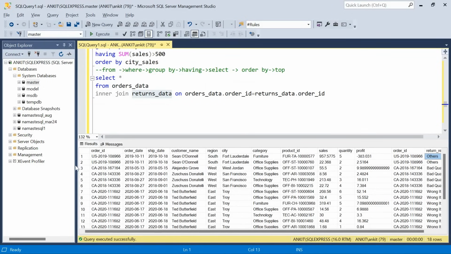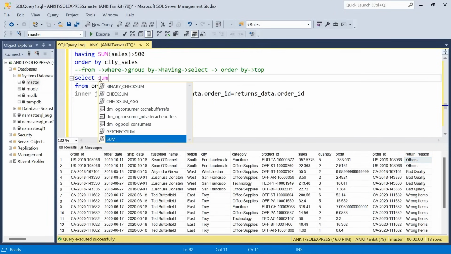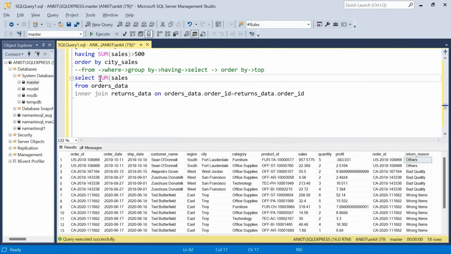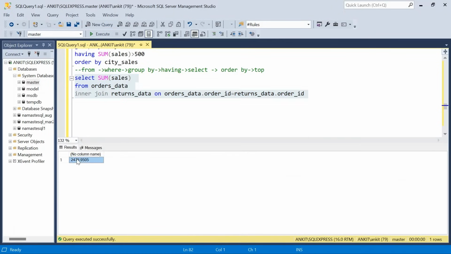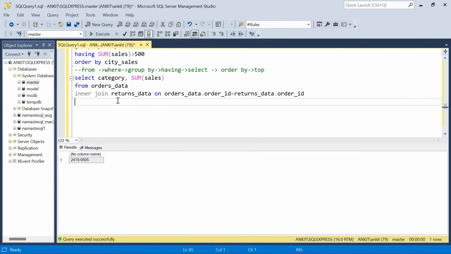You have the return data here, right? You have the return reason. So if you want to see the total sales because of the returns, you will say total sales, because you have only the return data. Now after the inner join we have only the data of the orders which are there in the returns table. So you can say total return sales is 2478. Simple. Now you want to see category wise, right? So category wise you can say category, sum of sales, right? It will give you,